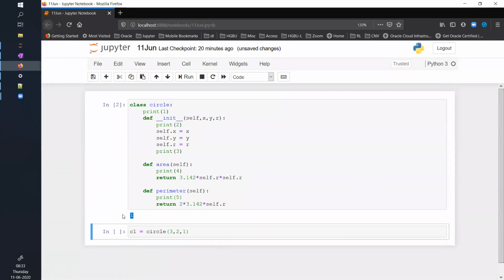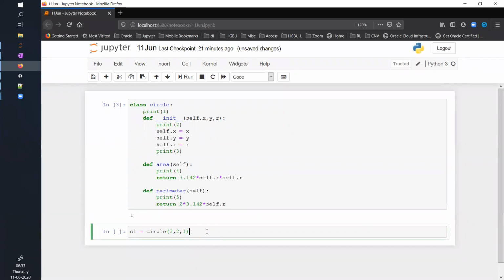So print 1 is getting printed, that is for sure, because I'm just defining the class. This is the first line of executable code, and nothing inside the functions will get executed, but anything outside of these functions will get executed. No issues with this, right? With print 1, the one which is getting printed, you do not have any questions, correct? Yes, sir.